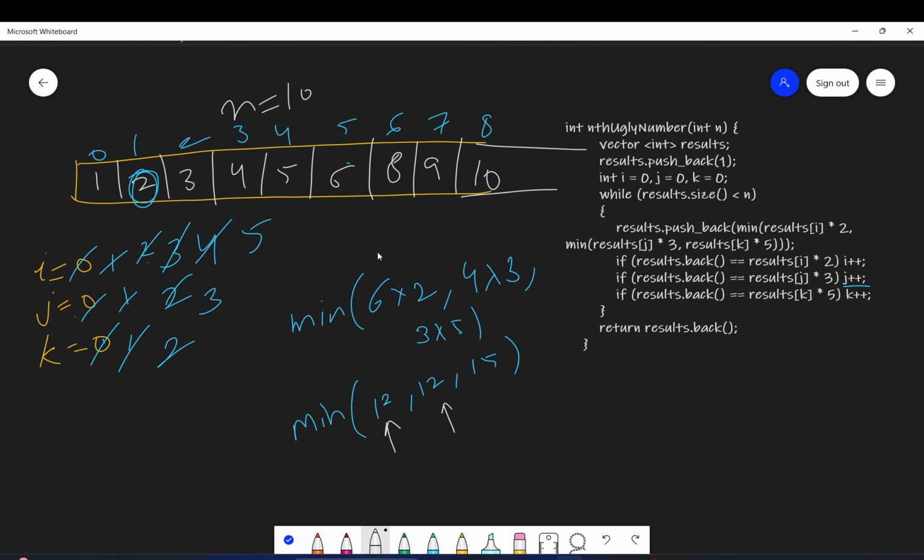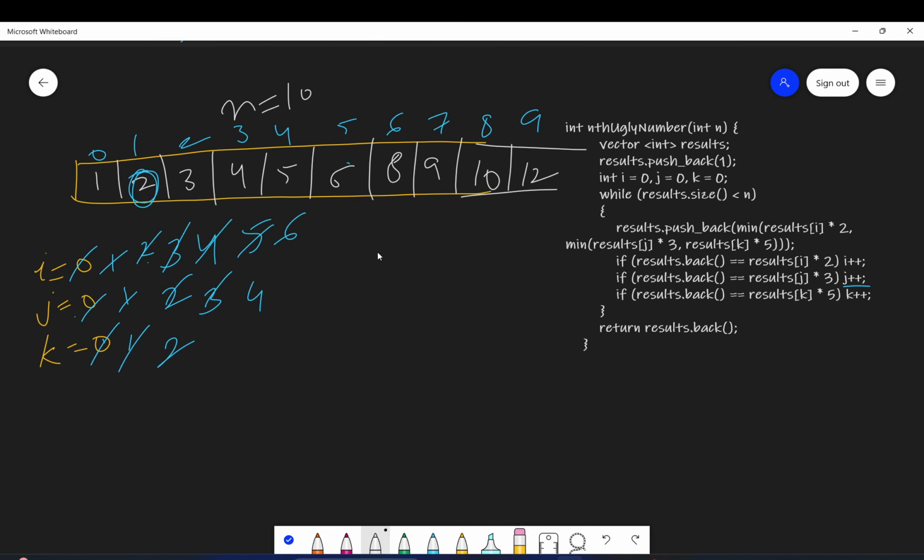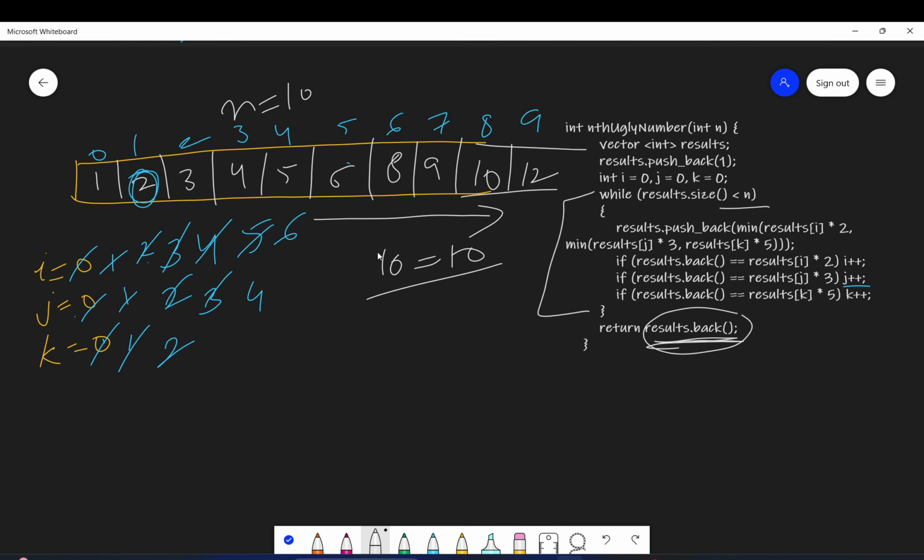So 12 will be added here, and we will increment i and j. And now if you see, this vector size is not less than n. It's equal to n. 10 is the size and n is also 10. So we will stop the while loop. And at last, whatever is at the back of the vector, which is 12, is our nth ugly number, that is the 10th ugly number.